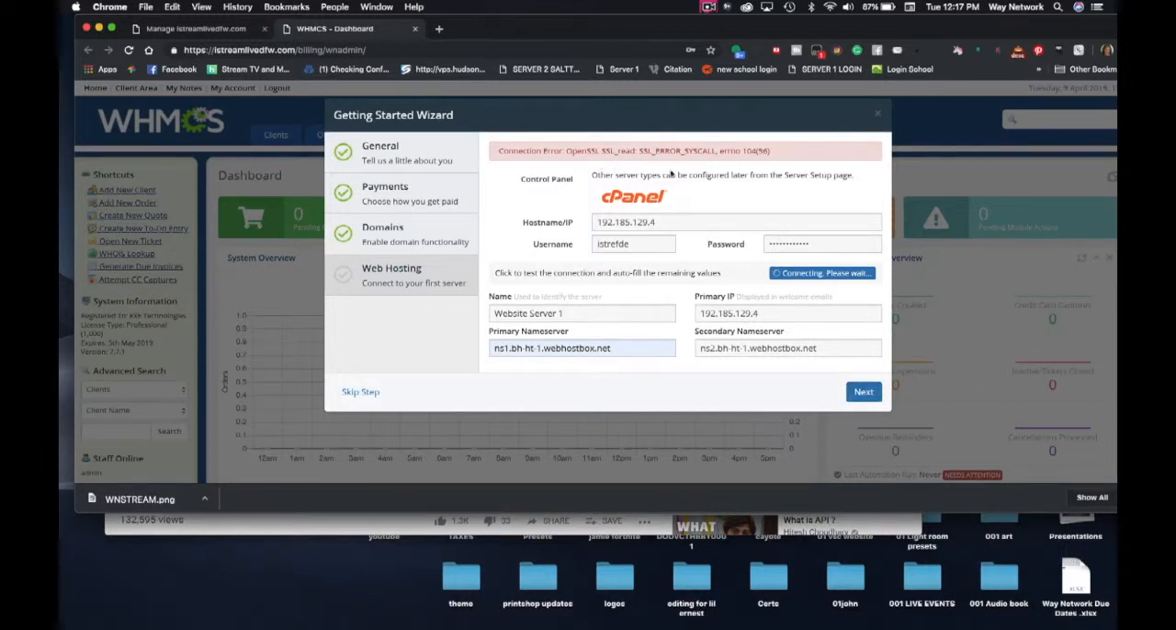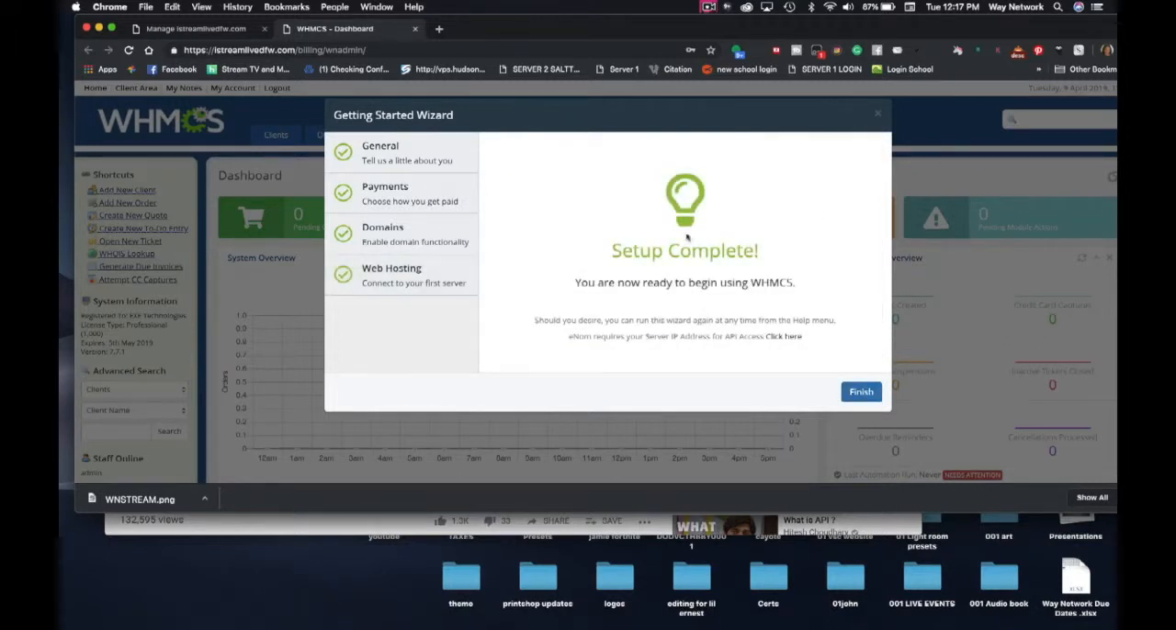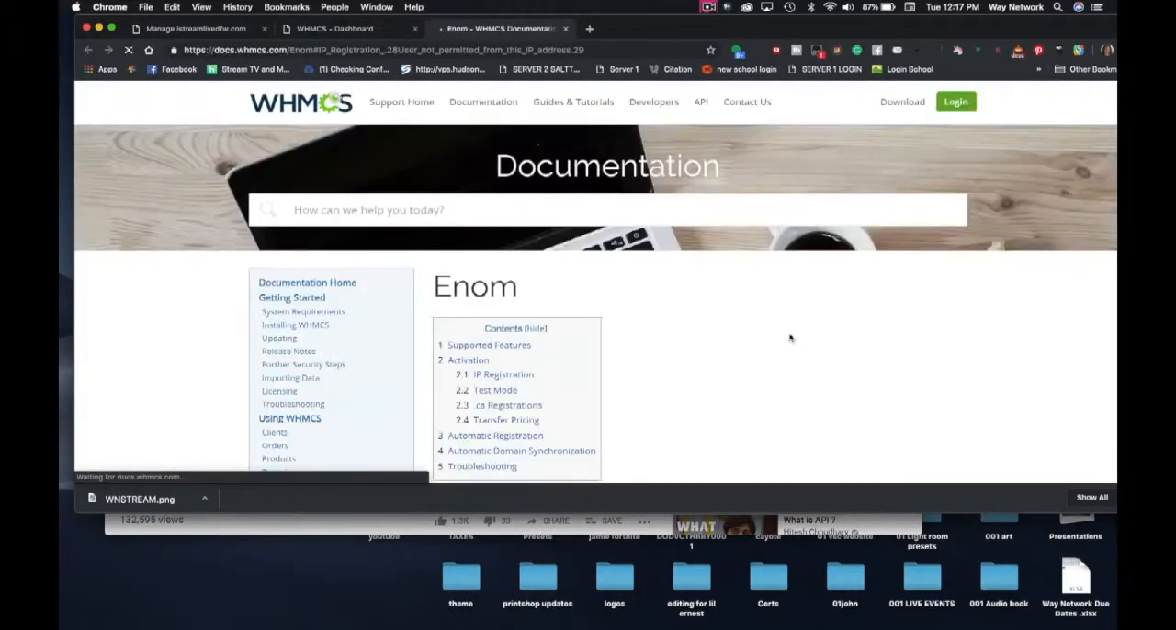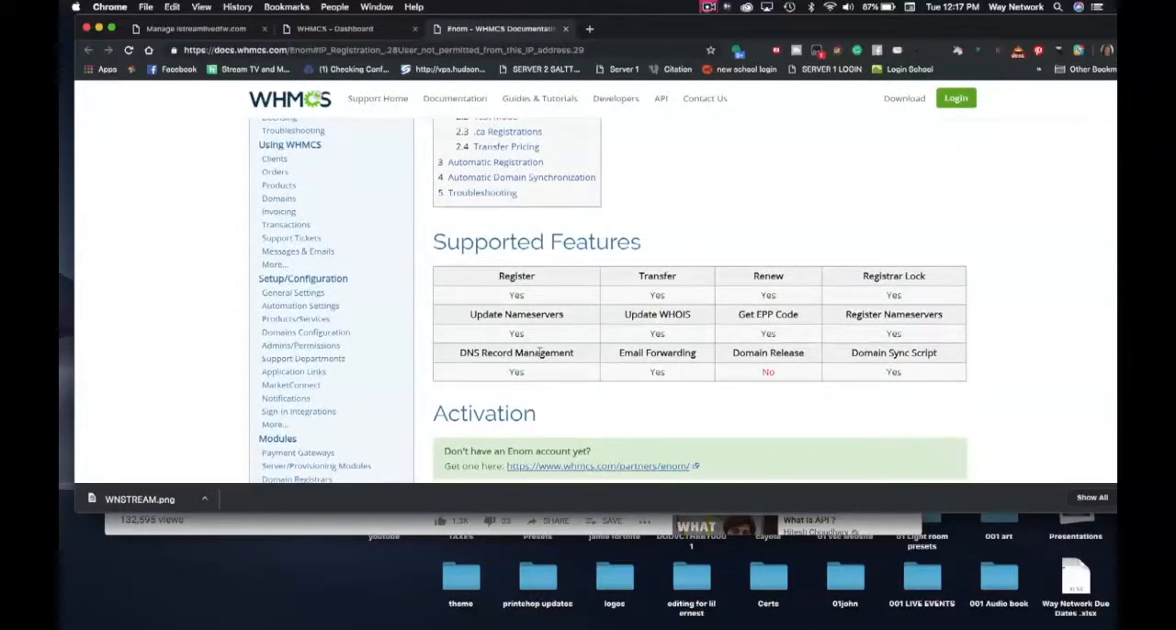Open up the readers. Okay. Now it says you should check the box if you want to run this wizard again anytime. Enom requires your server IP address for API access. So basically, we're gonna click here, and then